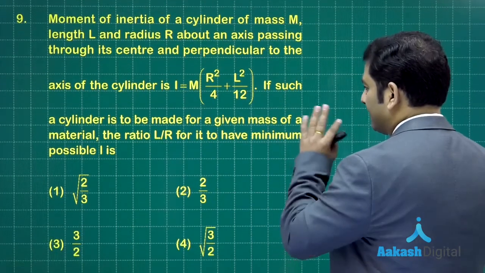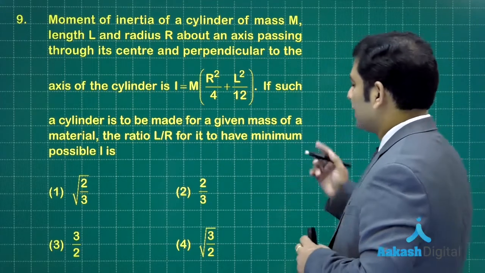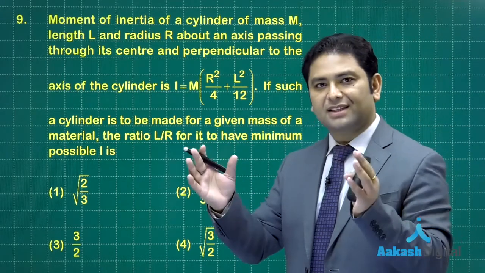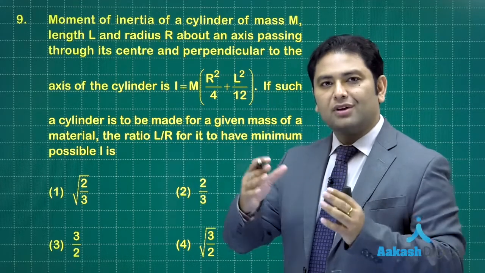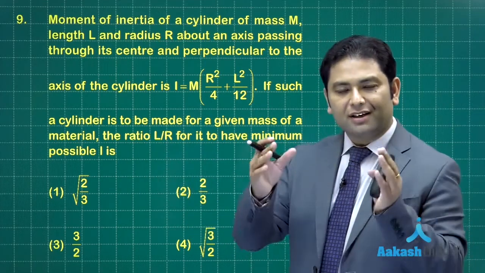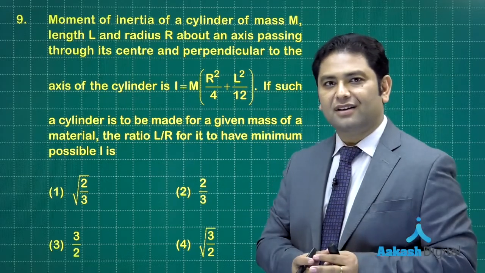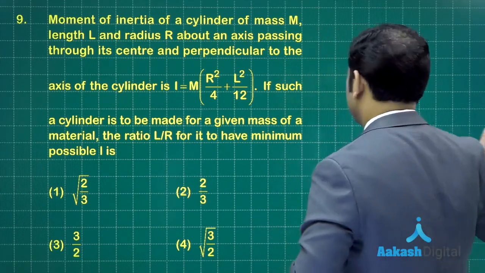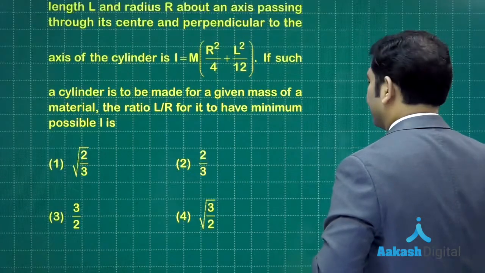But remember, there is a very important phrase: for a given mass. Now that is very much important. So you have a certain mass and you need to make a solid cylinder, but in different permutations and combinations of radius and length,